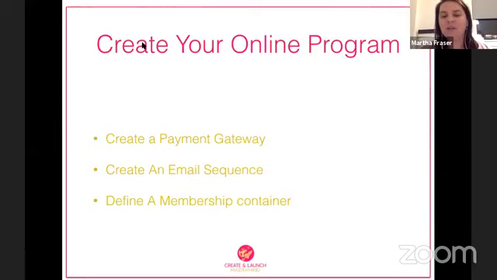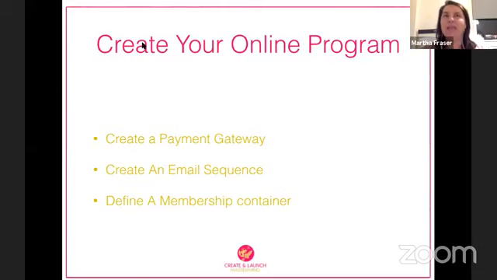The next thing you need to do is you need to create an email sequence. Now, you may say to me, what is an email sequence? You need an email manager to actually build up your community. So what's an email manager? Applications like MailChimp, ConvertKit, ActiveCampaign, Aweber, even though I wouldn't really recommend Aweber, GetResponse. So the three main email managers that I highly recommend are ActiveCampaign, ConvertKit, and MailChimp.